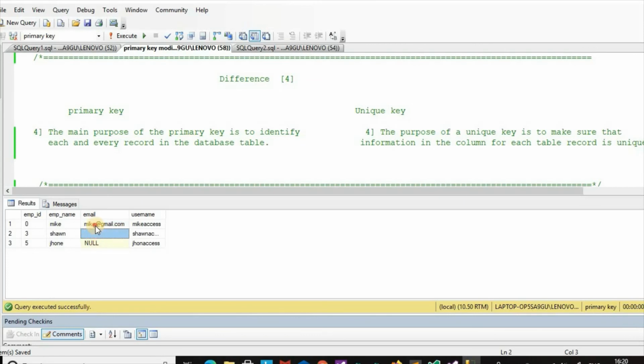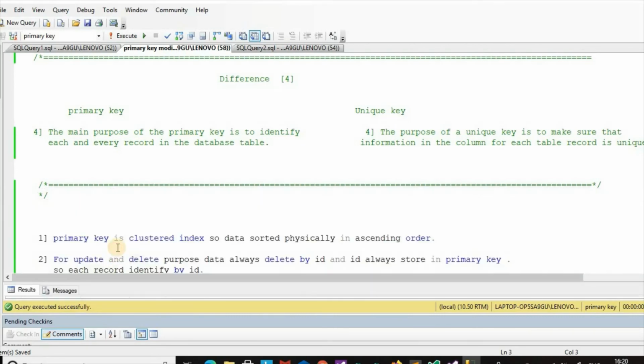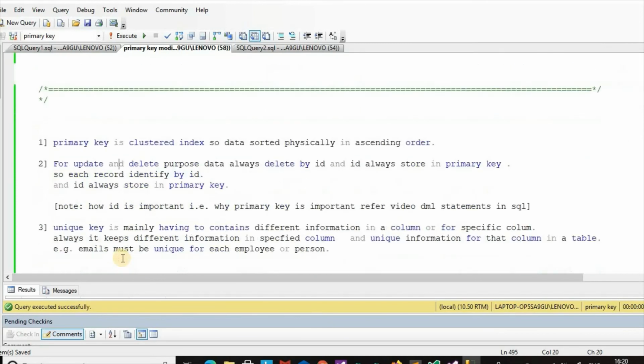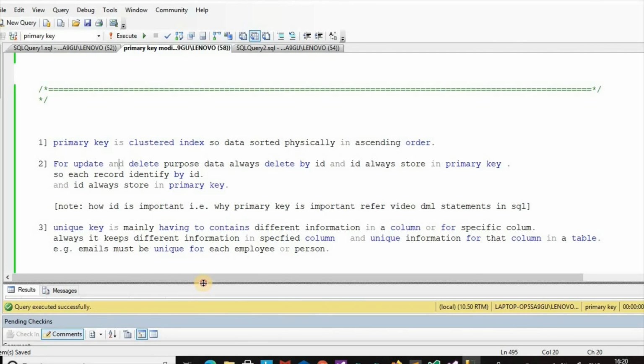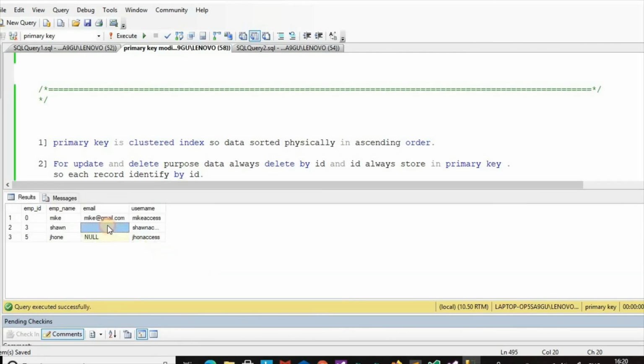There must be a different email id for each record, and this information must not be duplicated here. So in this way it must be unique.